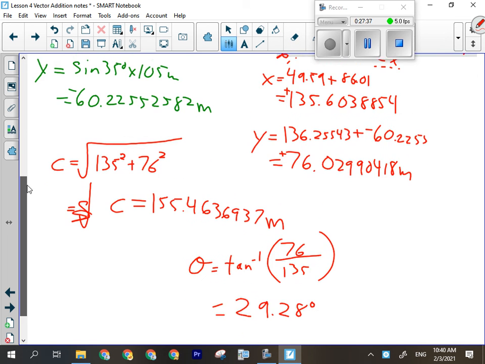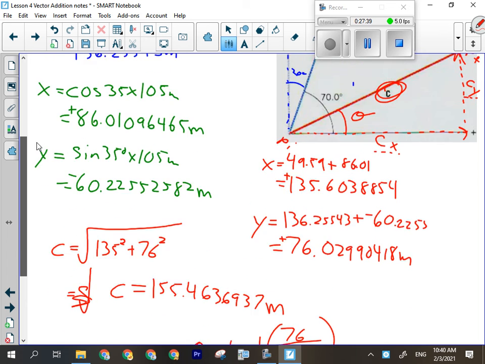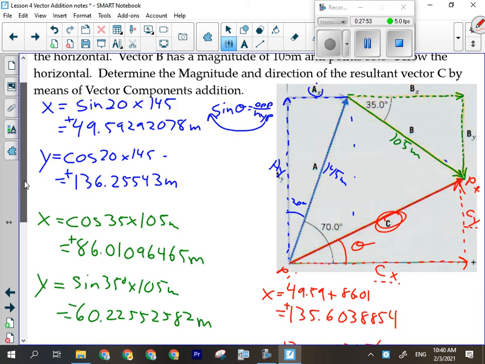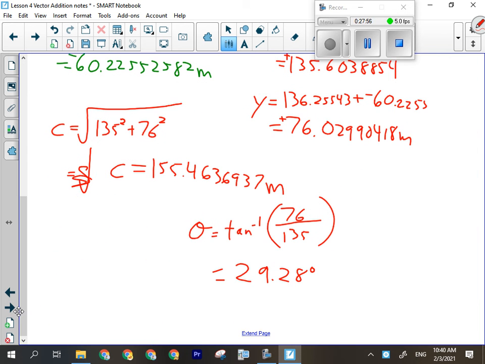All right. Before I write in my final answer, I need to look at my significant digits. How many significant digits should my answer have here? 3. Every single number I was given has 3 significant figures. I used all of those numbers. So my final answer has 3 significant figures. That means that C equals 155 meters at 29.3 degrees above the positive